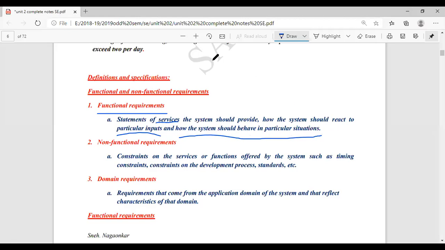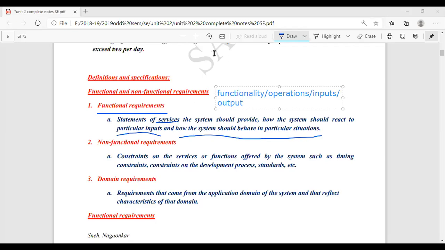Functional requirements are related to three main things: functionality, or related operations of your software, then what kind of inputs have to be given, and what kind of outputs are expected.